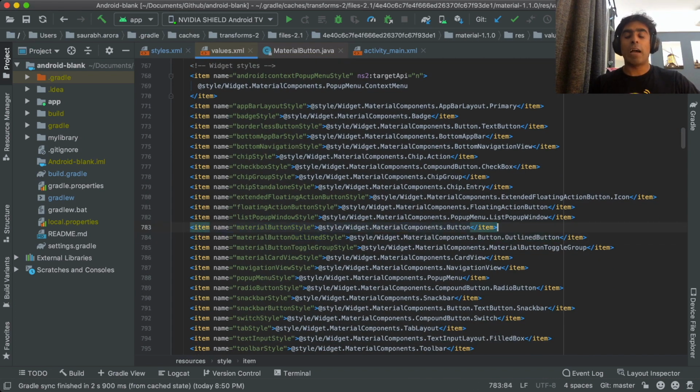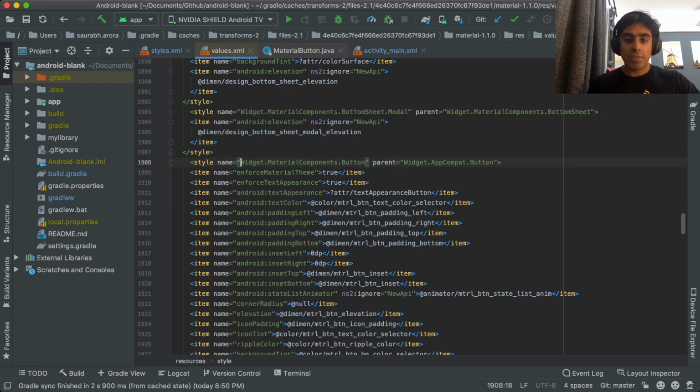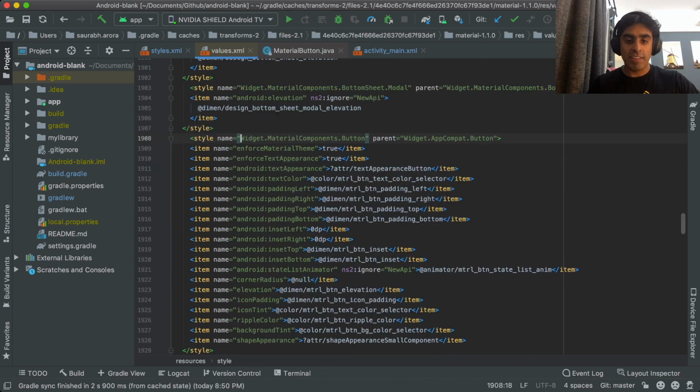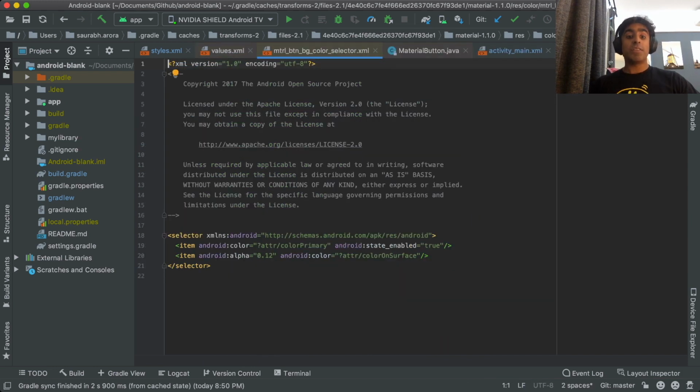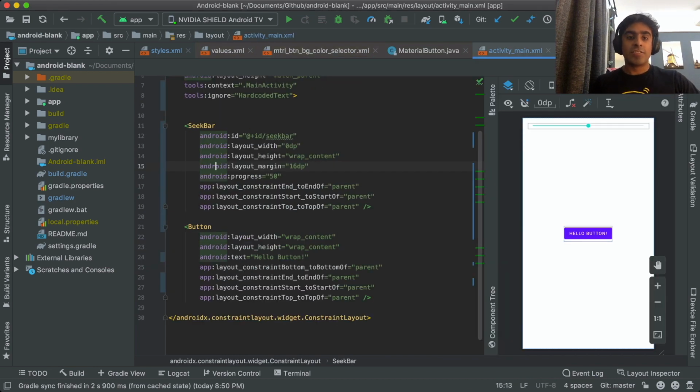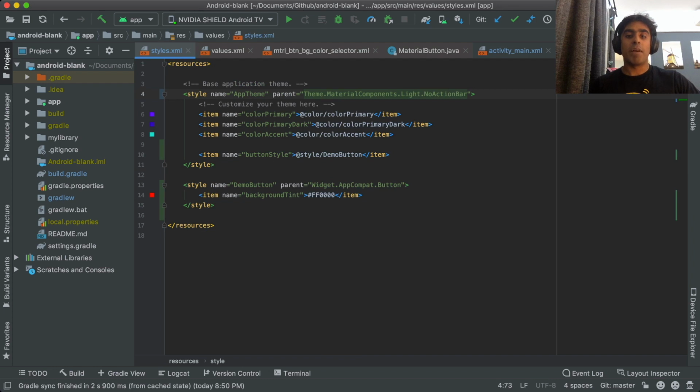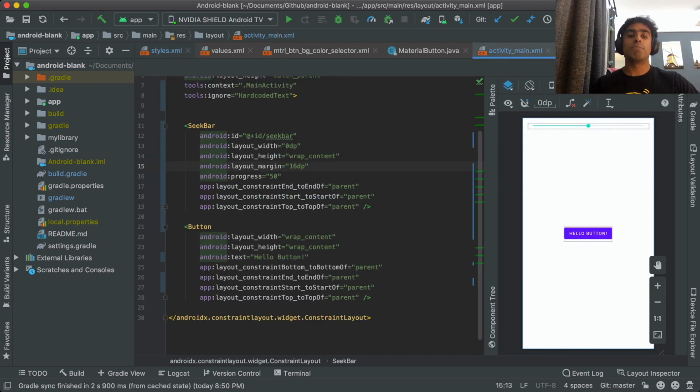If you look at Widget.MaterialComponents.Button and go into the details of it, we'll see that the background tint here is the material button background color selector, which is using colorPrimary. So now you know that your button is taking its color from colorPrimary.